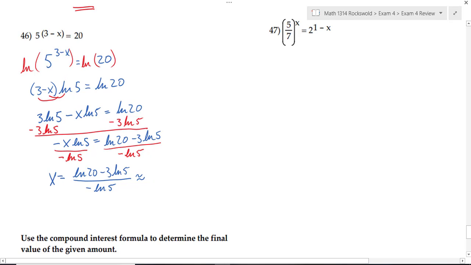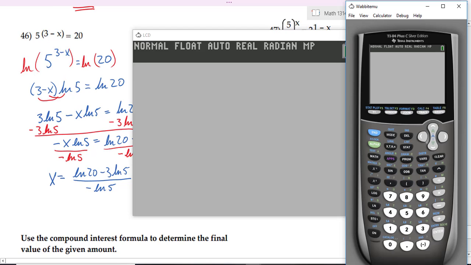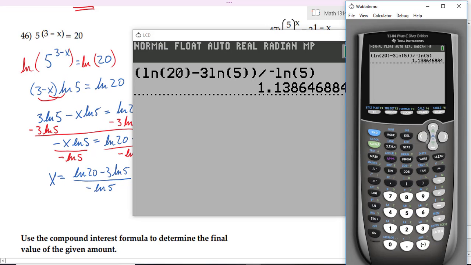So we're going to need our calculator in order to do that. You have 2 terms in the numerator of this fraction, so you want to make sure that you put the numerator in parentheses. This will be the natural log of 20. Notice when you hit ln, your calculator automatically opened a parenthesis. For the argument, you need to close that parenthesis for the argument. Minus 3 ln 5. Close the parenthesis for the argument, then close the parenthesis again for the numerator, divided by negative natural log 5. And that gives us